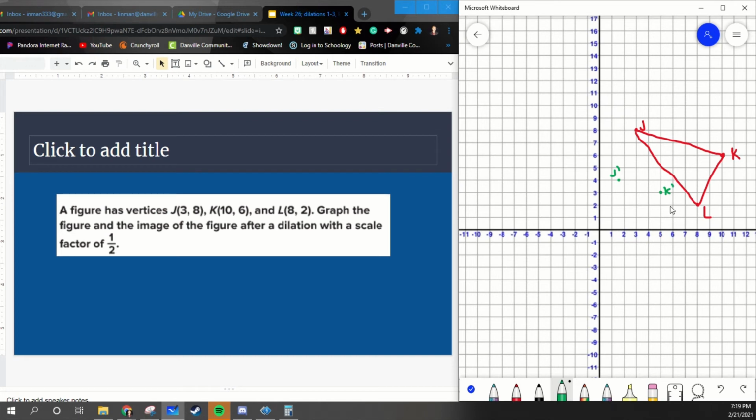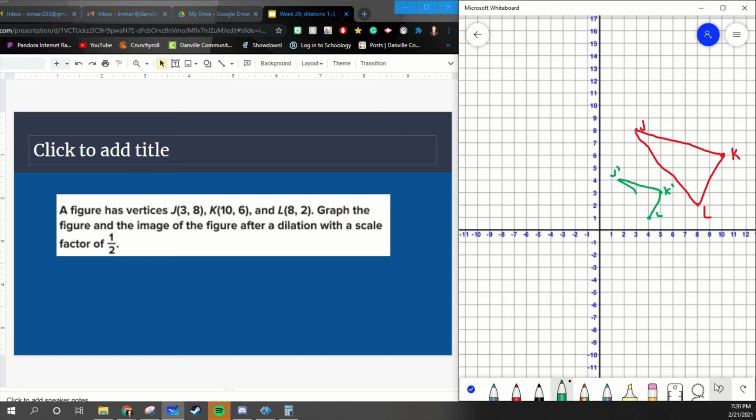I think I forgot that on the first example. L, we have 8, 2, so half of 8 is 4, half of 2 is 1, so L is right here. L. And then we draw our shape,